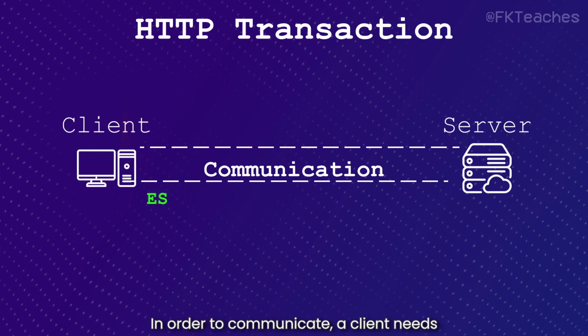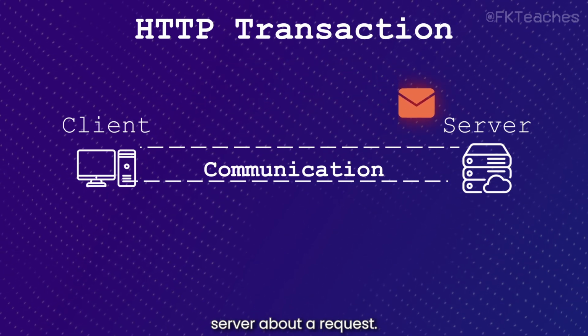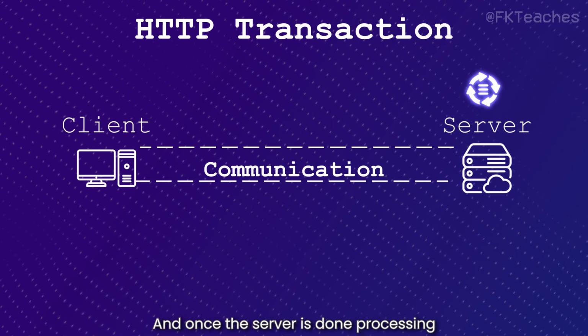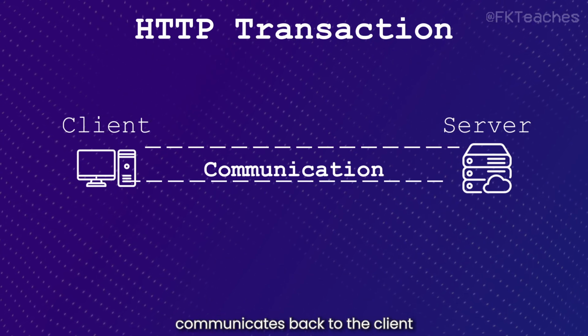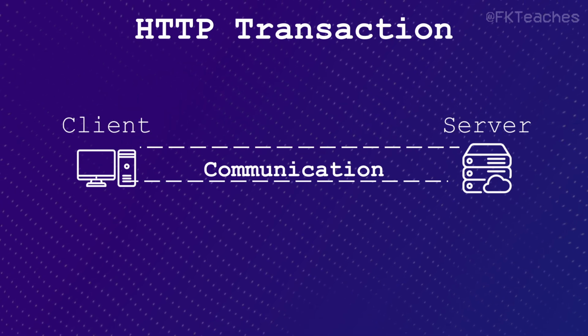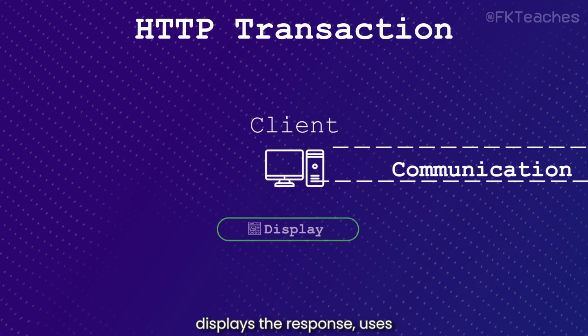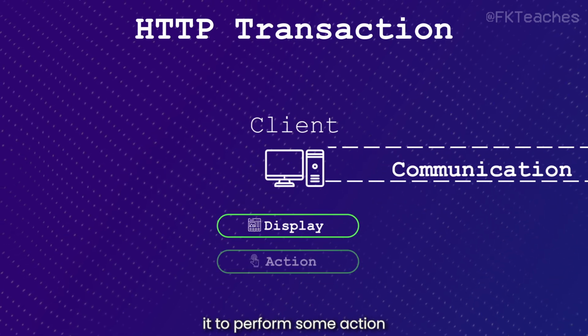In order to communicate, a client needs to send a message to the server about a request. And once the server is done processing the request, it communicates back to the client also using a message. The client then takes this message from the server and either displays the response, uses it to perform some action,